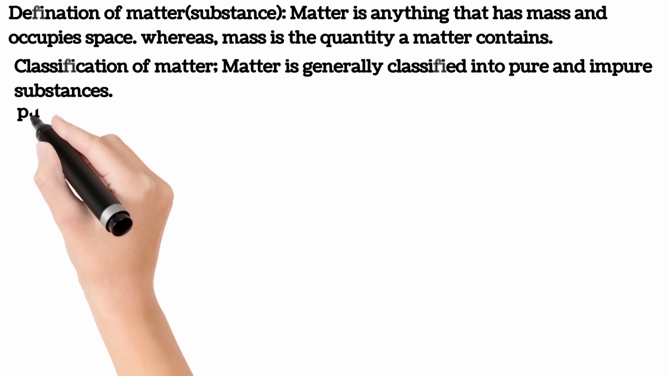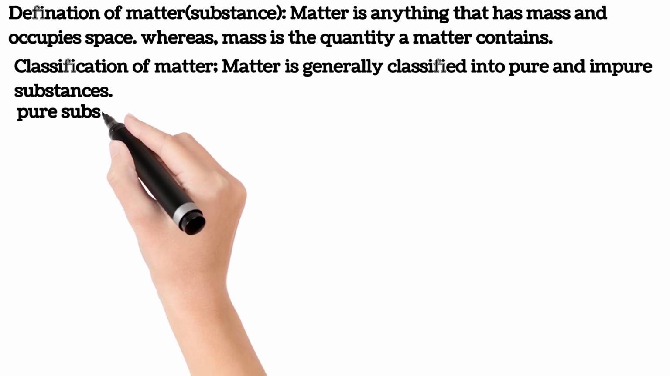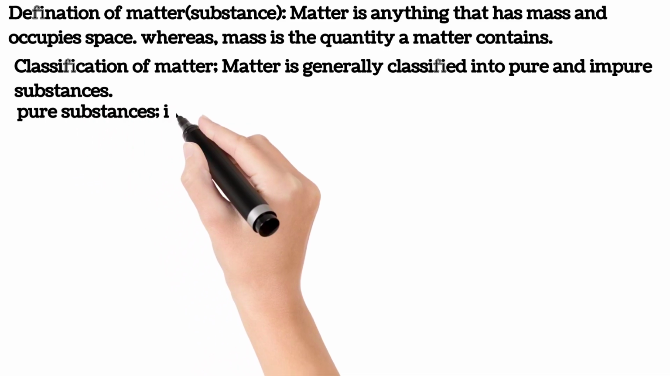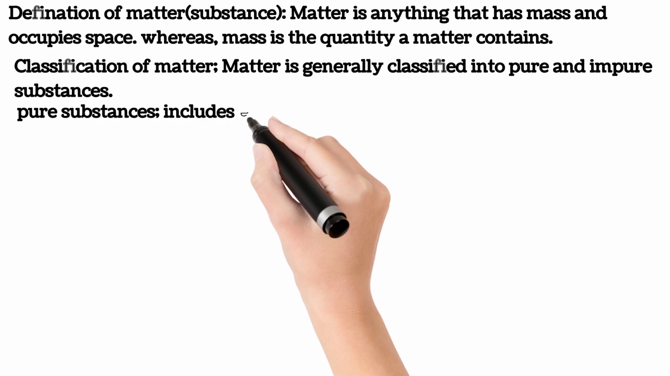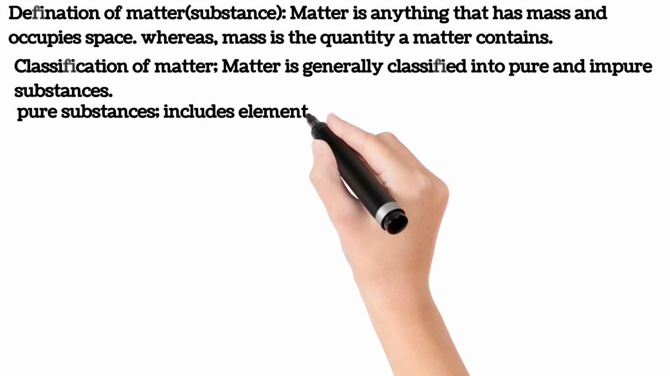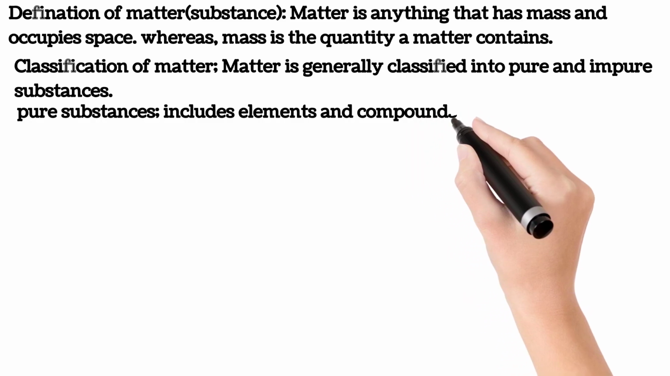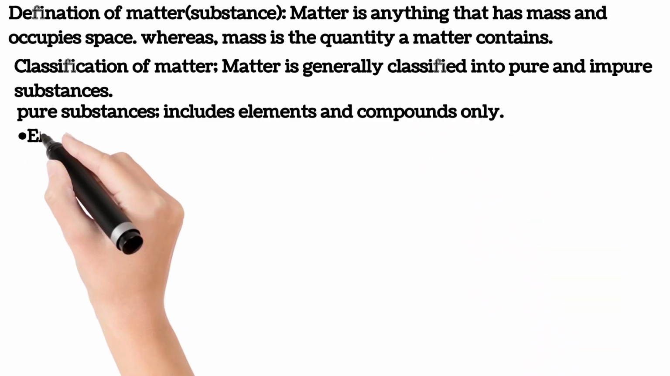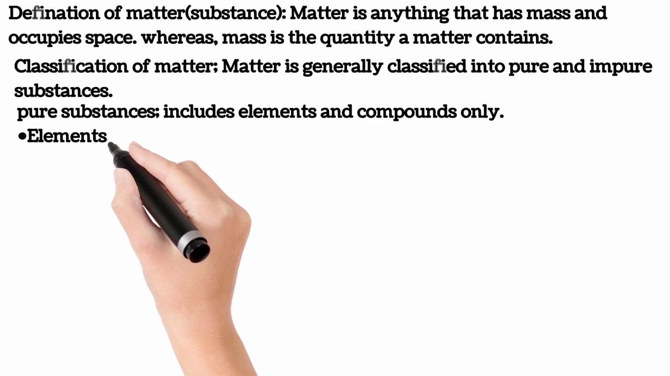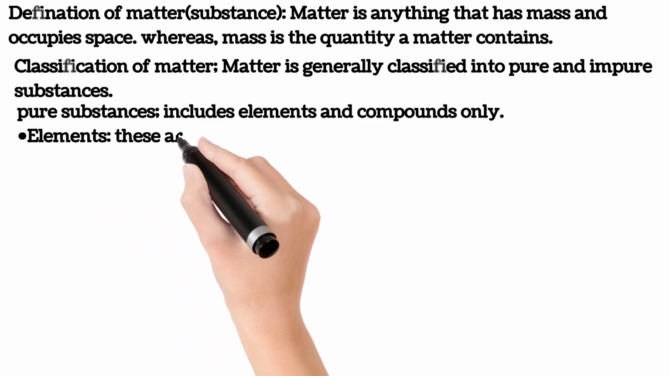Pure substance. It includes elements and compounds. So these are the two parts of a pure substance. Now let's take elements at first. Now elements, these are